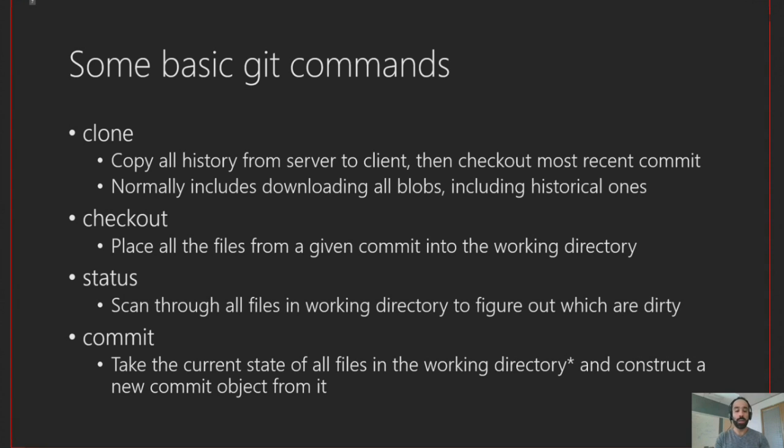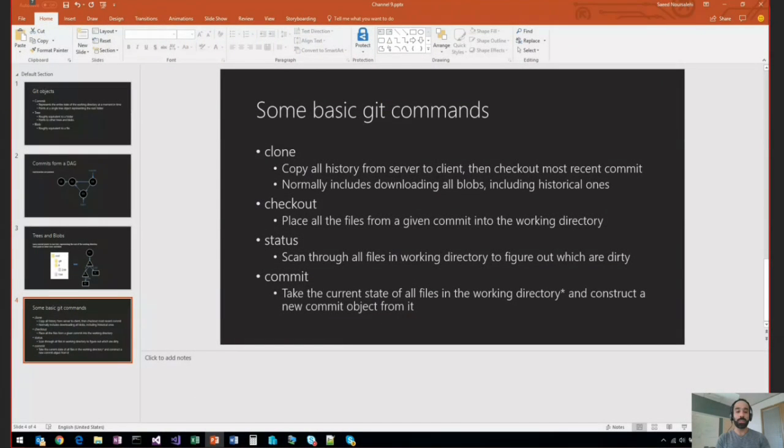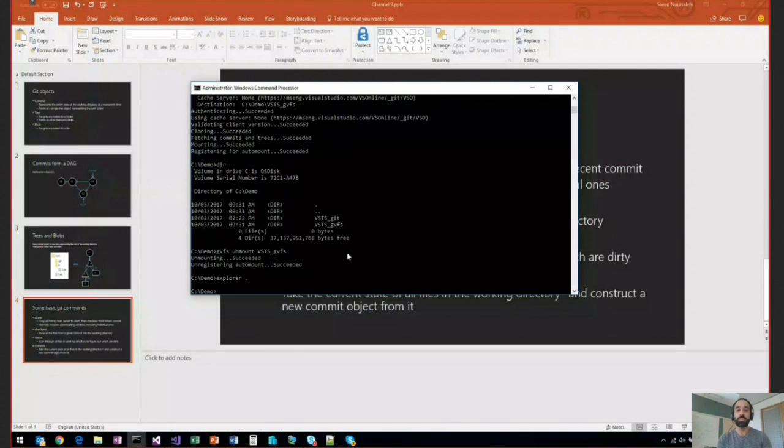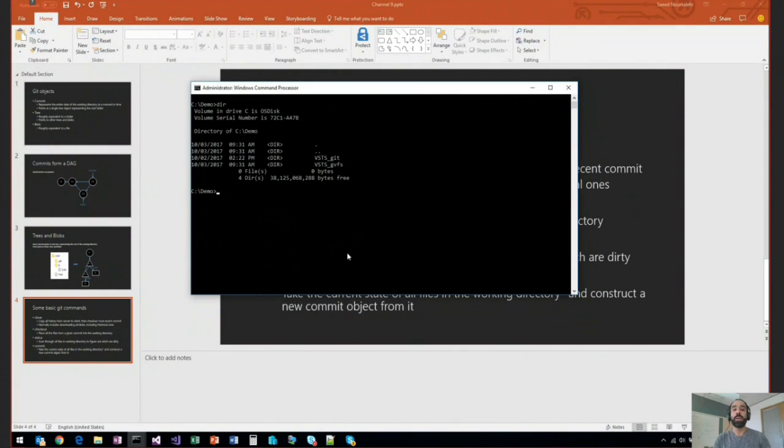I also want to show you in a normal Git repo how these things look on disk. So what I've done is I've cloned our VSTS repo already, and I've cloned it twice. I've cloned it once with normal Git and once with GVFS. Okay. And right now I want to show you the Git version. So I'll just open up Explorer here, and